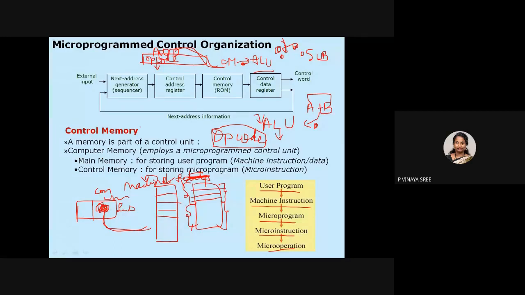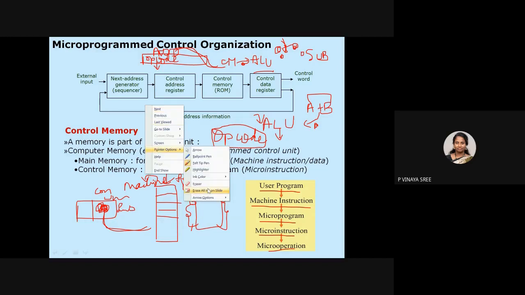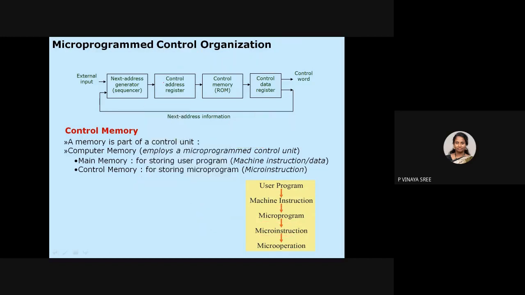For that we need to write a code. We are not writing it while it is executing; we write it in advance and store it in a read only memory. Once it starts, those instructions are executed one by one, and based on that the necessary control signals are generated. So for that, try to concentrate, same like the normal machine instructions.